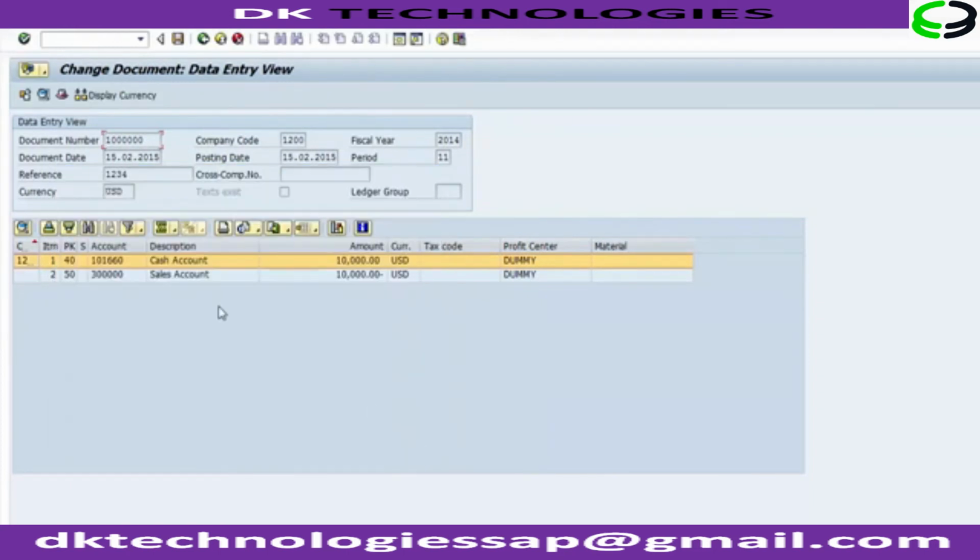The next change which you can make is in the line item. So these two, one is a debit and one is a credit, are termed as two different line items, and you can see in the second column 1 2, this refers to the line items. So if you want to make changes to any of these line items, you can double click onto that line. So suppose I double click onto the cash account line,